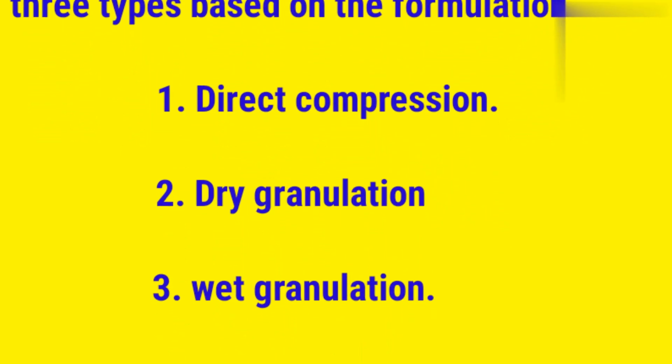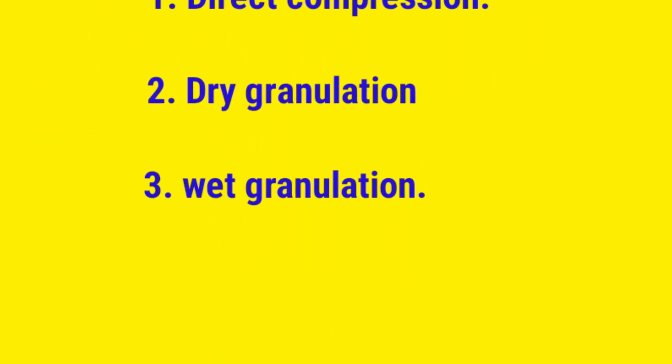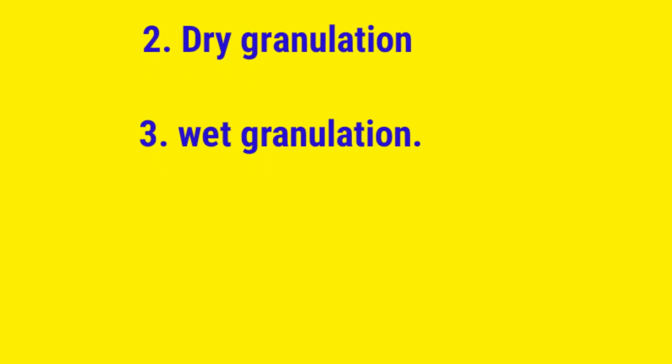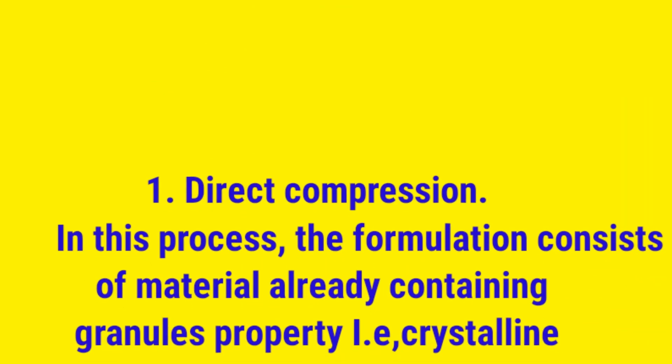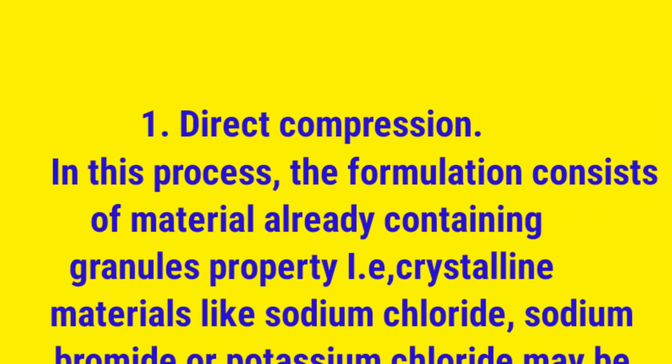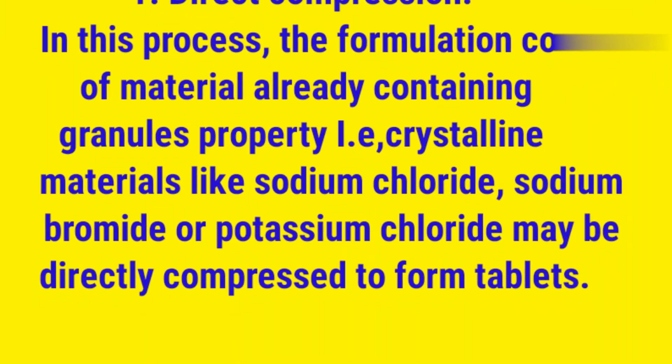Granulation can be divided into three types based on the formulation. 1. Direct compression. 2. Dry granulation. 3. Wet granulation. 1. Direct compression. In this process, the formulation consists of material already containing granules property,